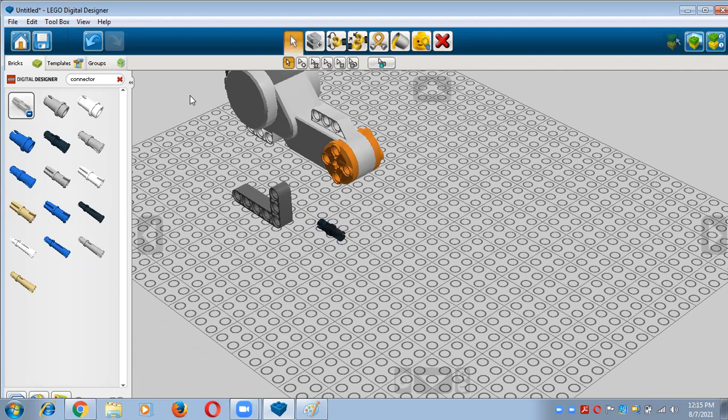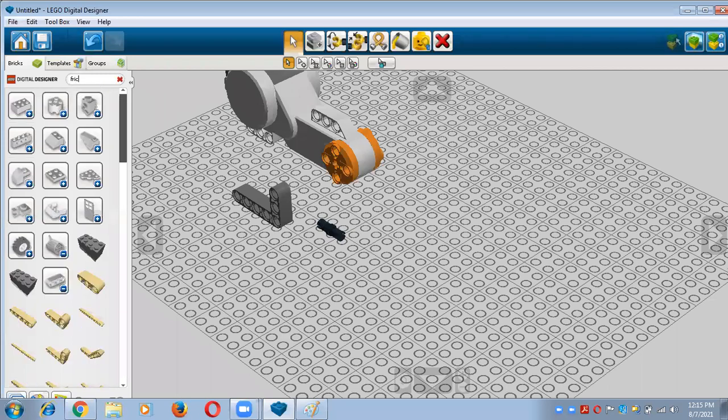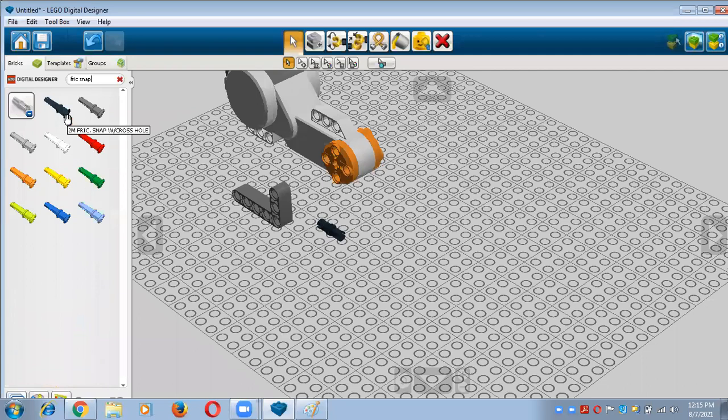Now move on to the next part, and the next part's name is fric snap. The name is Frick Snap. So you have to write here Frick Snap, and quickly you will get the result. And you will take this 2M Frick Snap from this folder. So just click on that and now drag it with your mouse onto the work plane area. So all 4 parts are here, and with the help of these 4 parts, you will create a design.